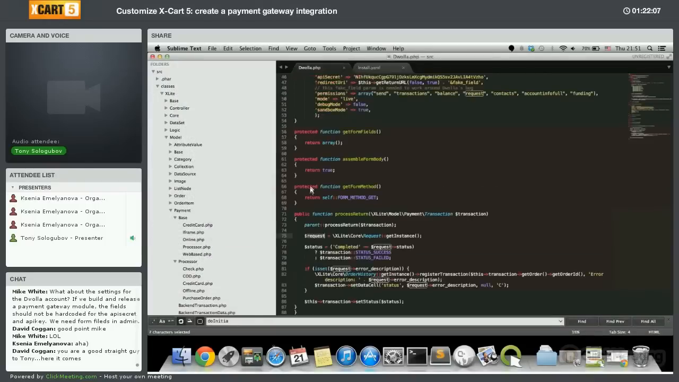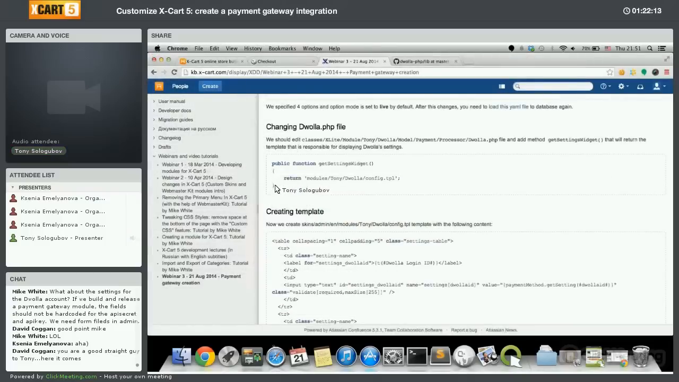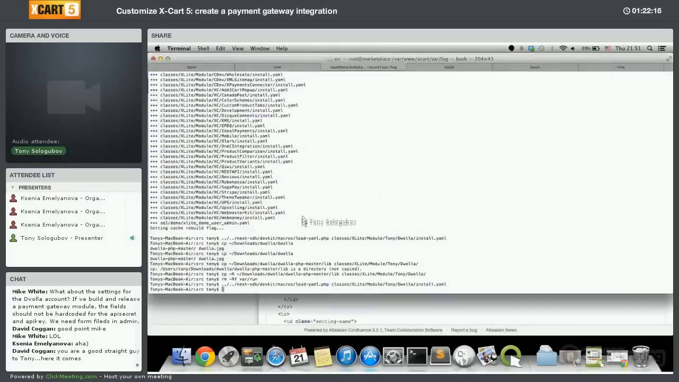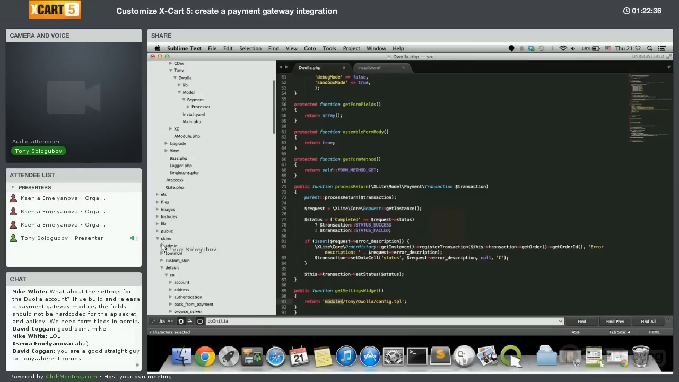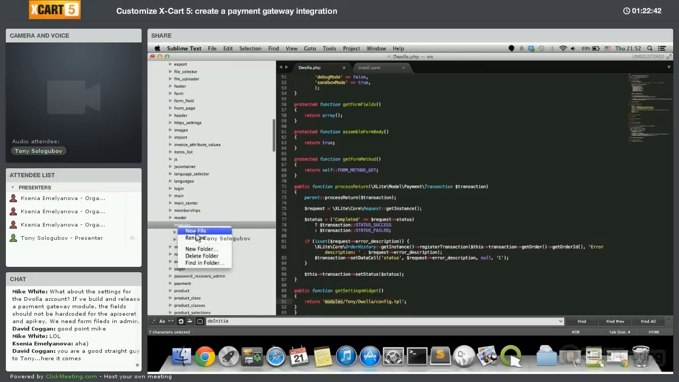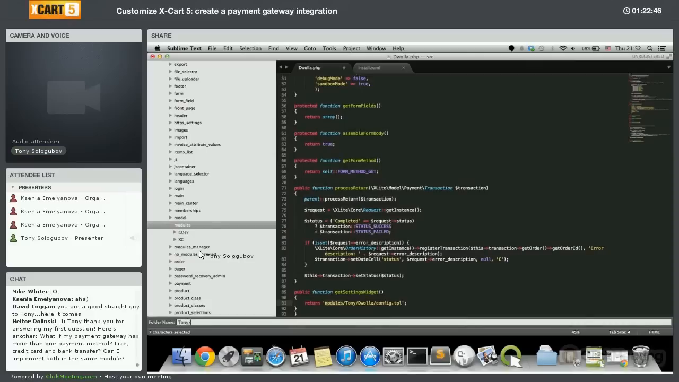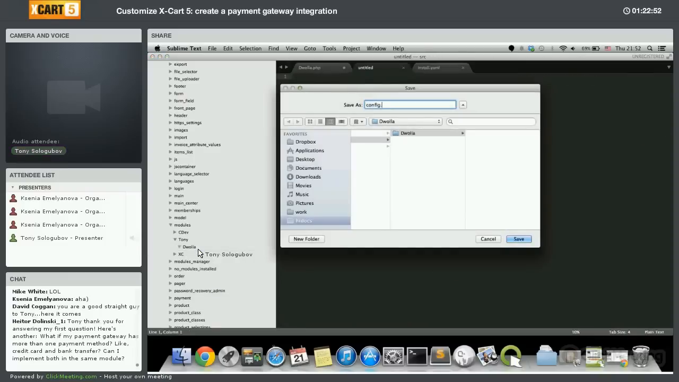Now we are going to change Dwolla PHP, and there we are specifying that Dwolla has settings, just by specifying the method getSettingsWidget. There we have a path to the template that contains the description of how our settings should look. Now we need to create this template. For this we are going to skins, admin, modules, new folder, Tony, Dwolla, new file, config TPL,